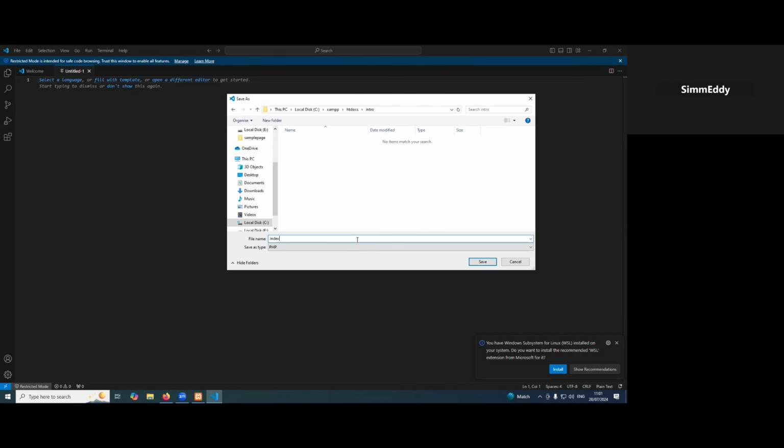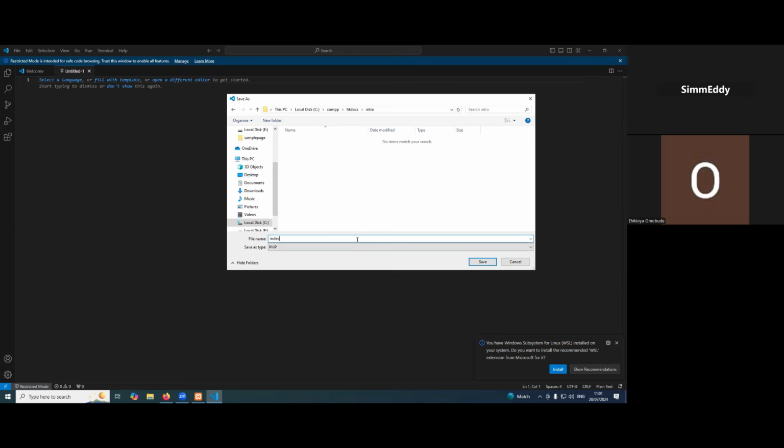Extension is just the file type, basically. So for PHP, it must end with .php. If it's HTML, it will be .html. If it's JavaScript, it will be .js. If it's CSS, it will be .css. So for PHP, you name it whatever you want, and it must end with .php,